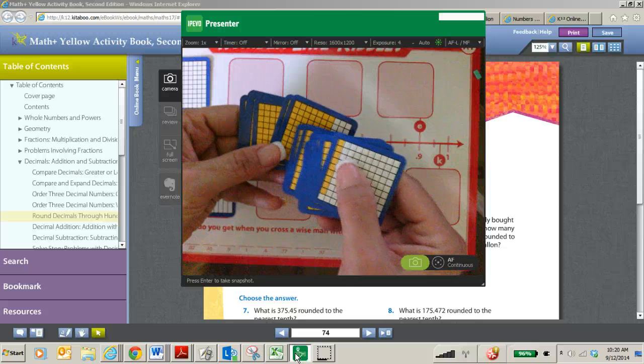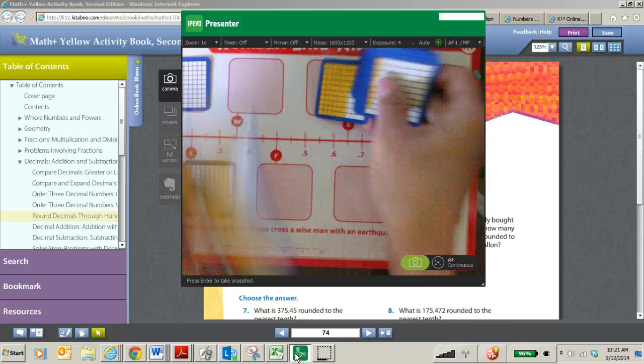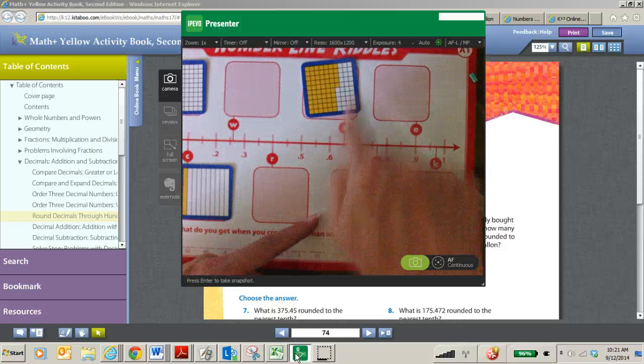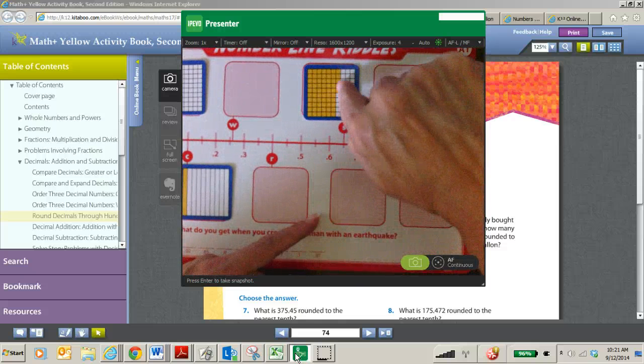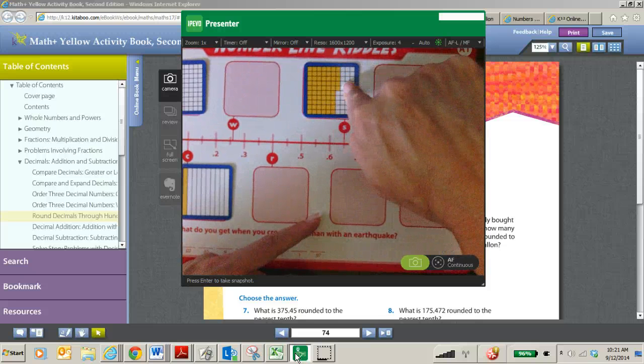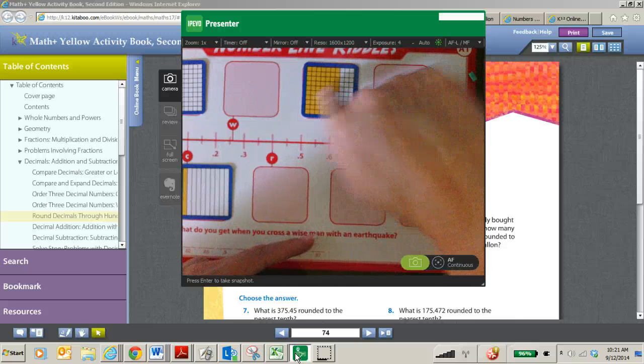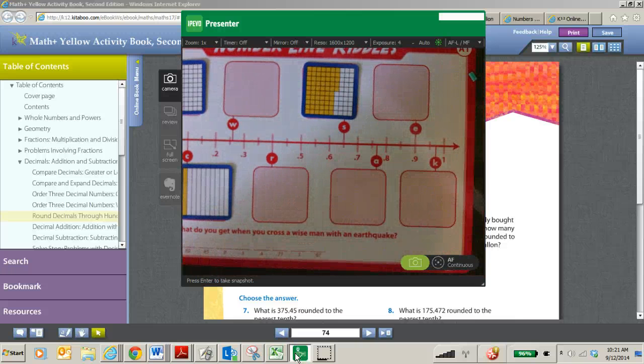Here we have 1, 2, 3, 4, 5, 6. So it is in between 6 and 7 tenths. It looks like it's right halfway between, and that would be true. We have 6 tenths or 65 hundredths, because we have 6 whole tenths and 5 hundredths, so we have 65 hundredths. And we would write that like this: